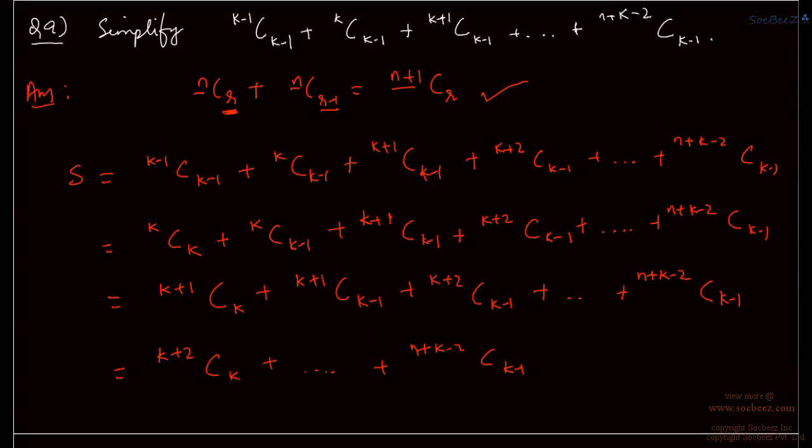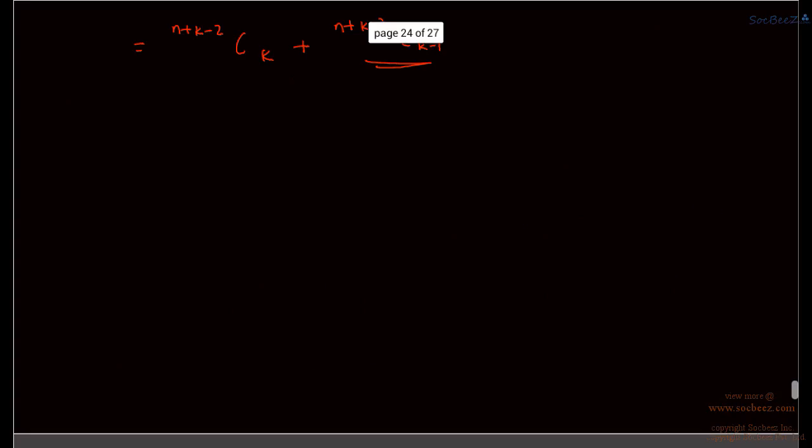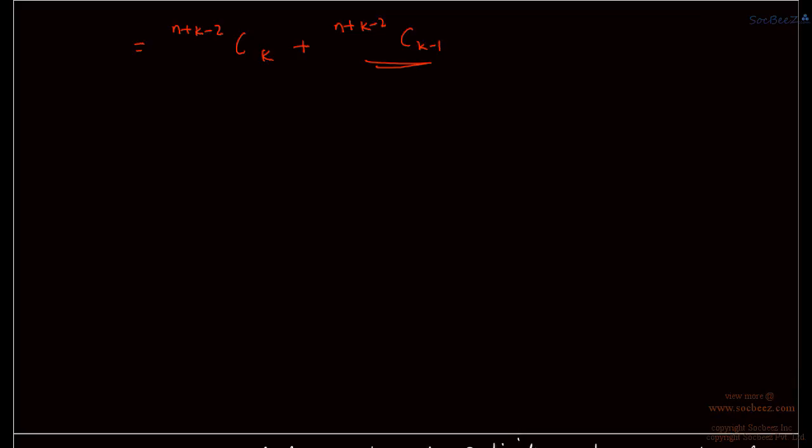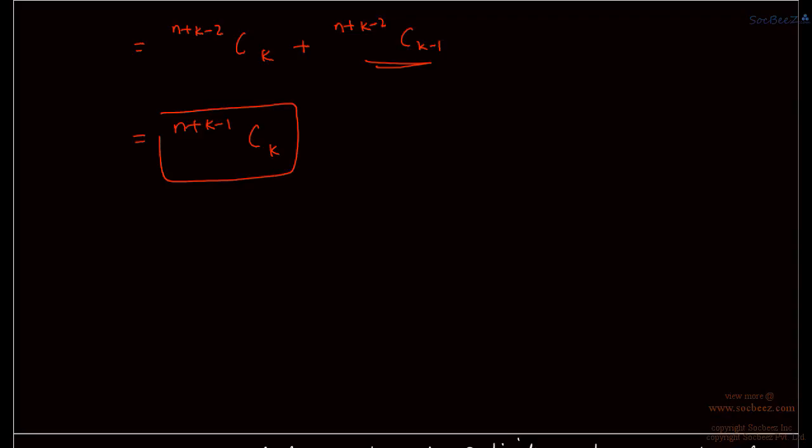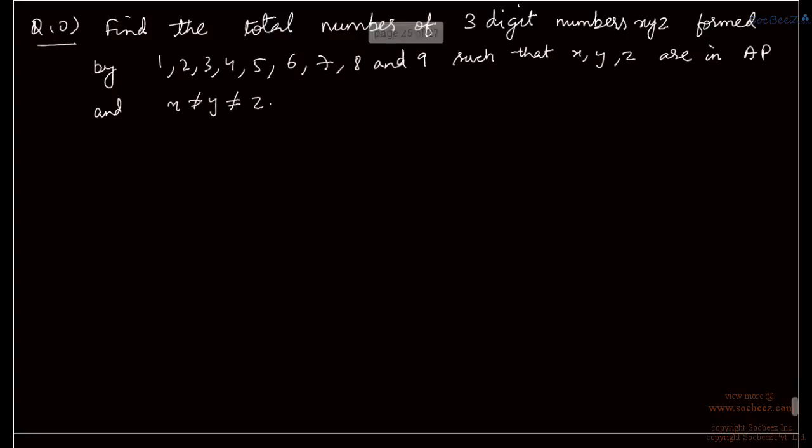Well, this is the last term we had of our original expression, whereas the addition and further reduction of all the remaining terms, since increasing it one by one, will make it till n plus k minus 2 c, and the total number of objects to be chosen will be k. This again from the same rule gives us, this should be 1 ck, right? So we see that this huge expression is nothing but n plus k minus 1 ck.